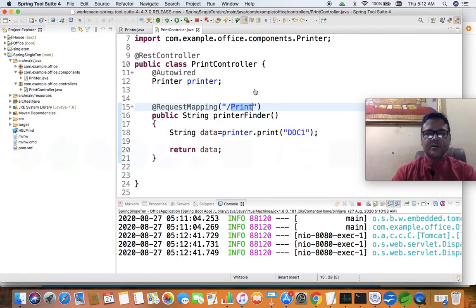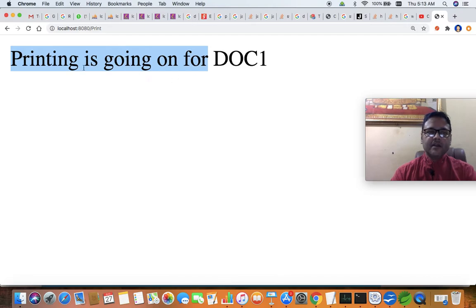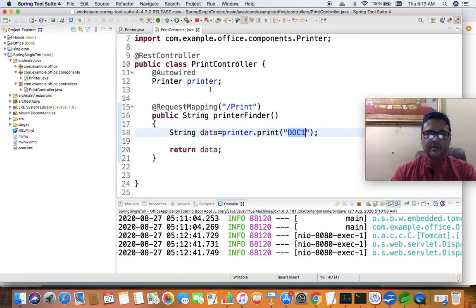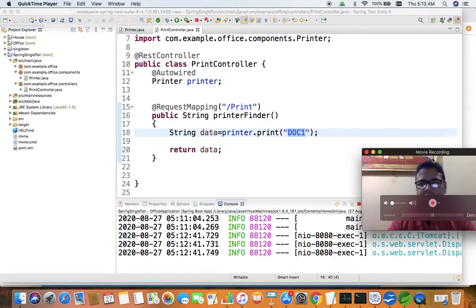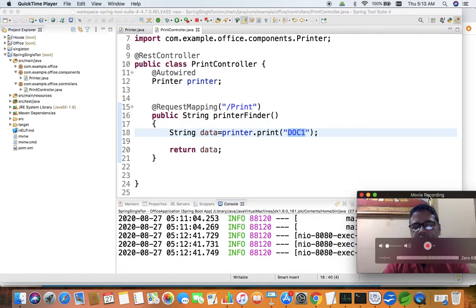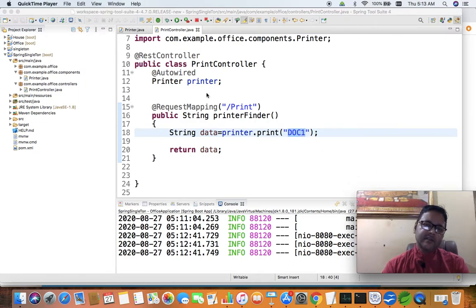So this doc1 is what? Now we have provided the parameter to the method. That's what is called as doc1, or we have given a piece of text as doc1. That line came over here, and the rest of the prefix printing is going on for, that prefix came from the print method. So we can now clear there is going to be a singleton object of a singleton class which is going to be created by the Spring container automatically.